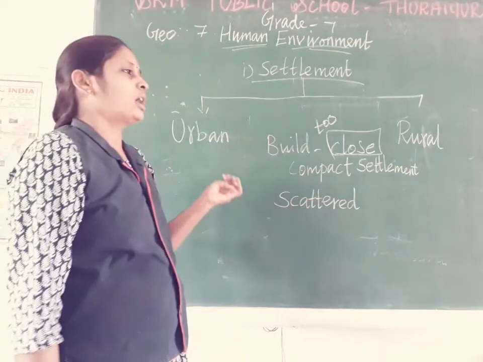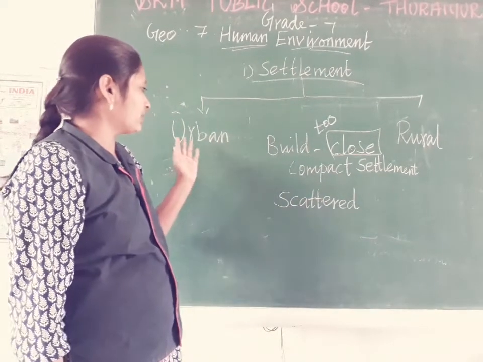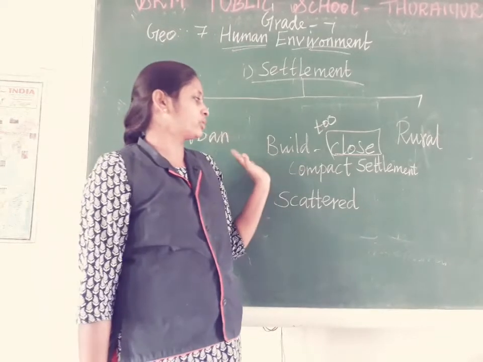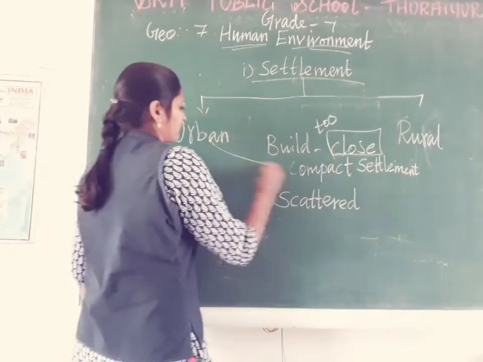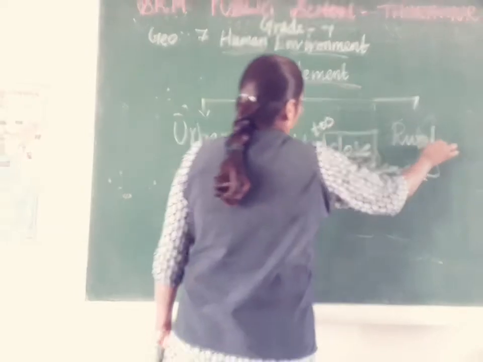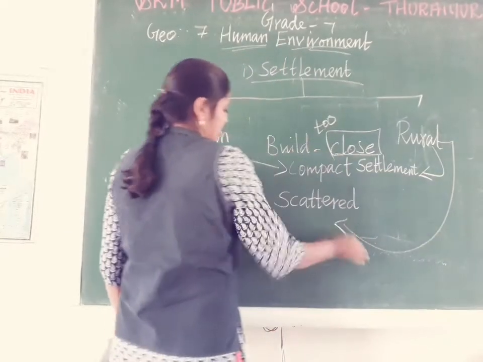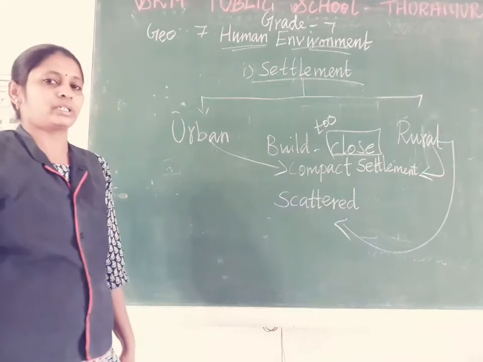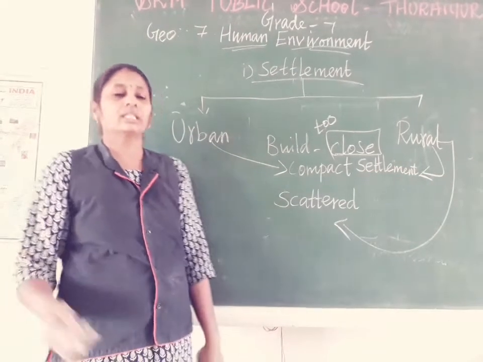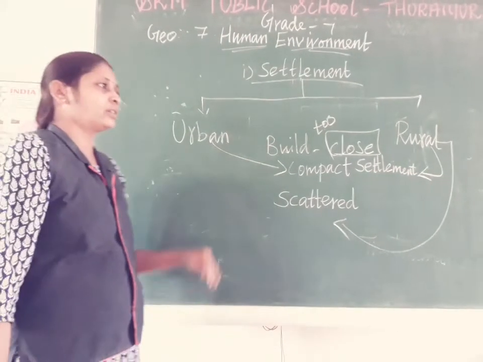Okay, you know very well that in urban settlement and rural settlement, both, we can see compact settlement. In rural settlement, sometimes we can see scattered settlement. And then one more thing,